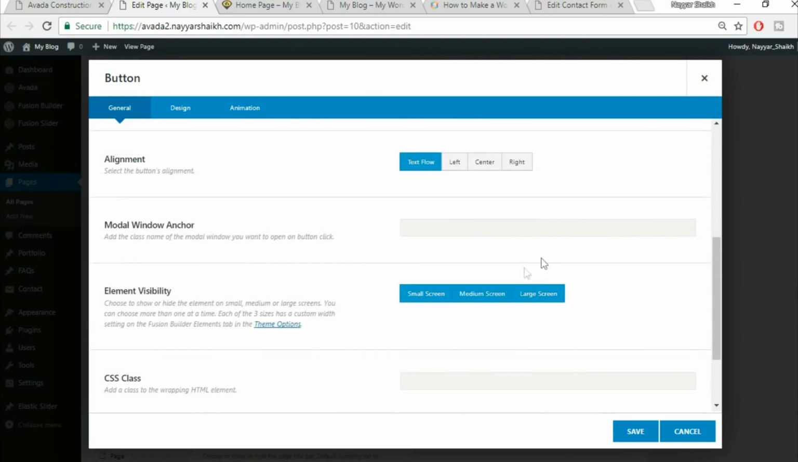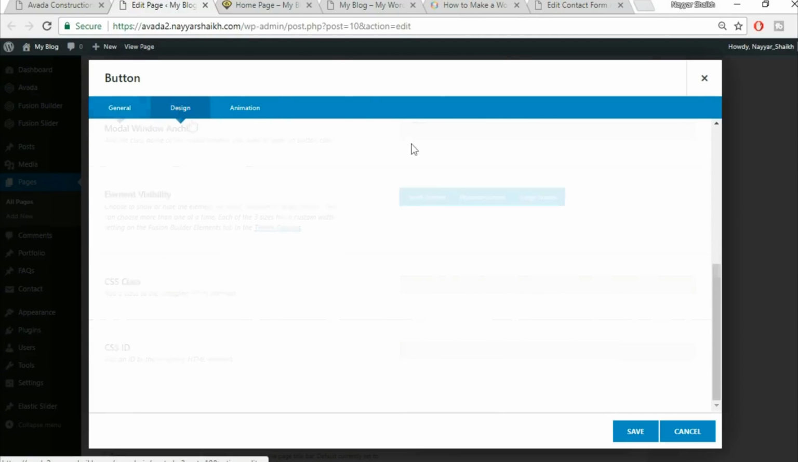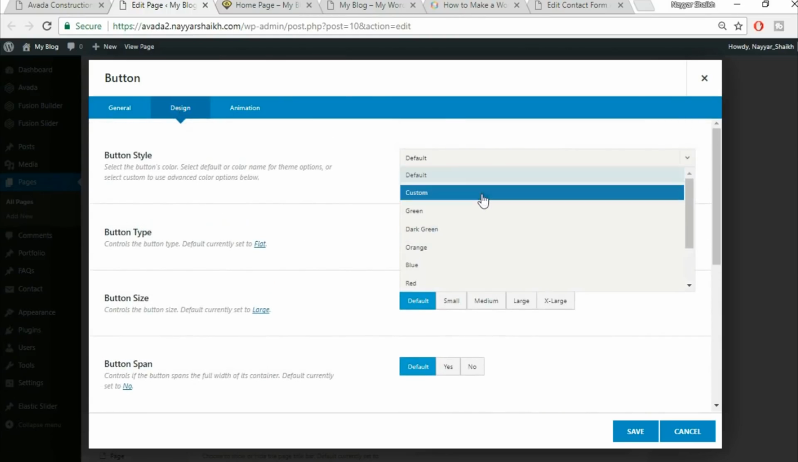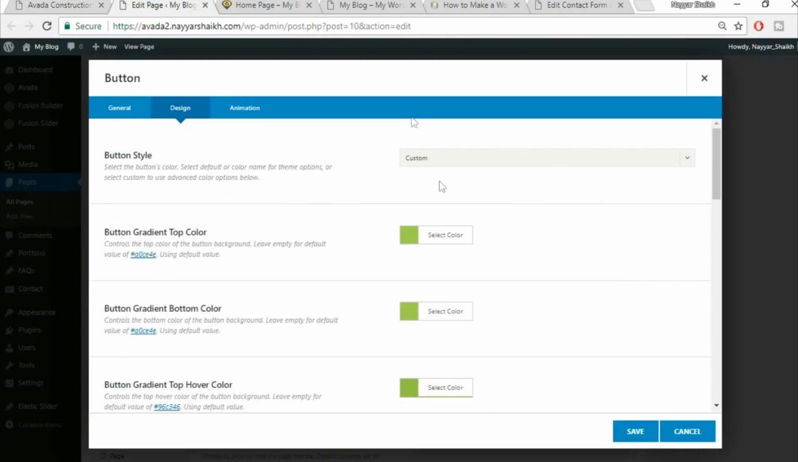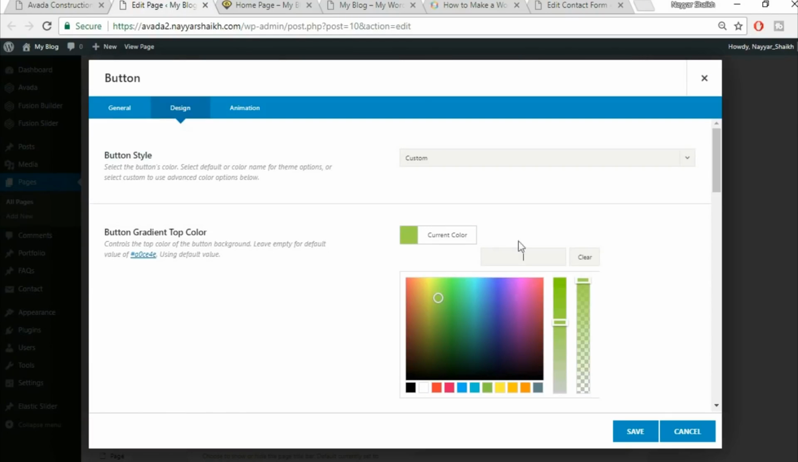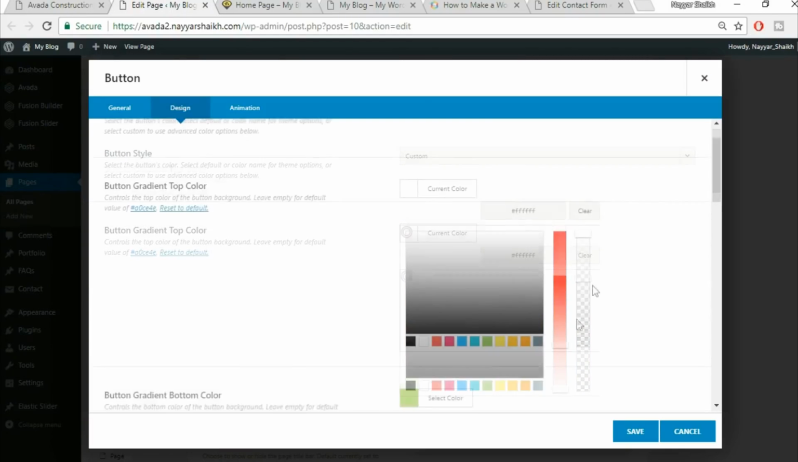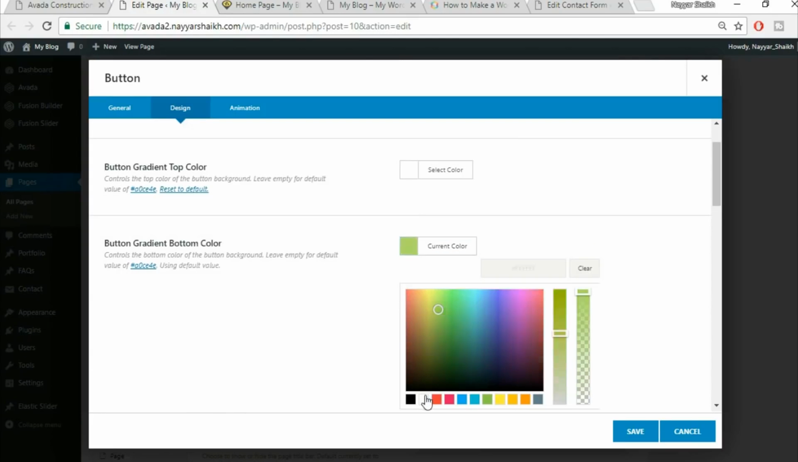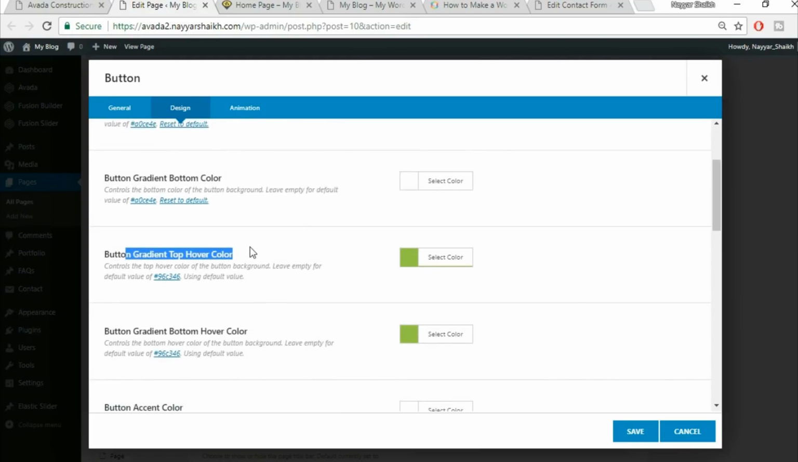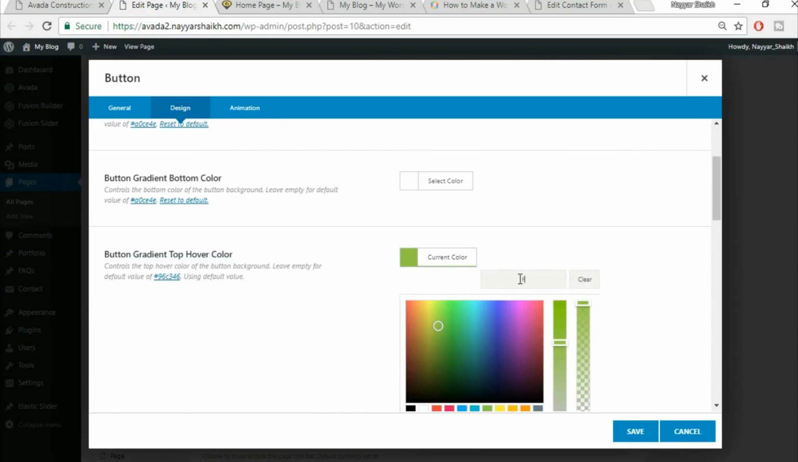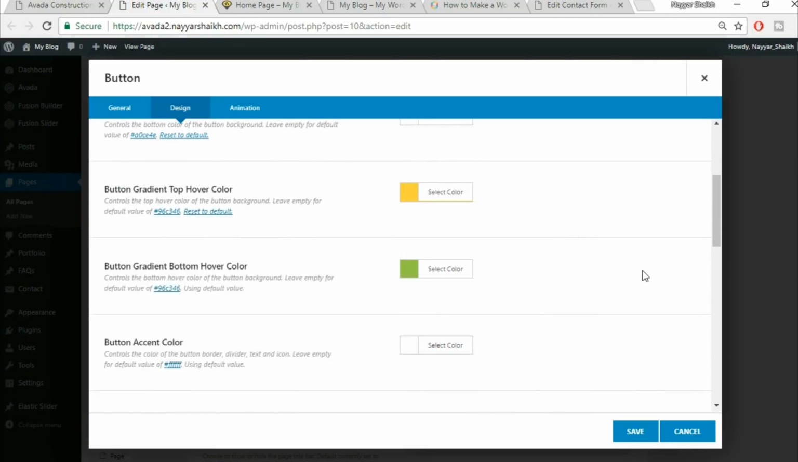Fine. Then what all we have to do, go to design. Okay, select custom. If you see, the button color is white. Actually it does not have any color, and then when we hover this, it becomes yellow. So let's do that. Button color is white, so let's select this white button over here. Again select this white, and when we hover, the hover gradient color, here it is, button gradient hover color, it should become yellow. Fine, so let's put yellow. Again,